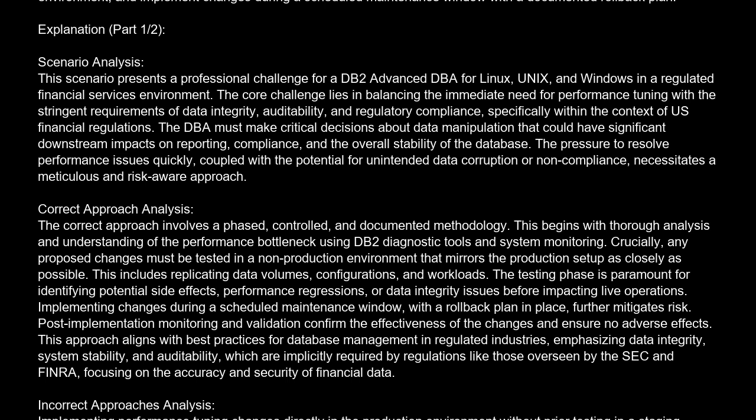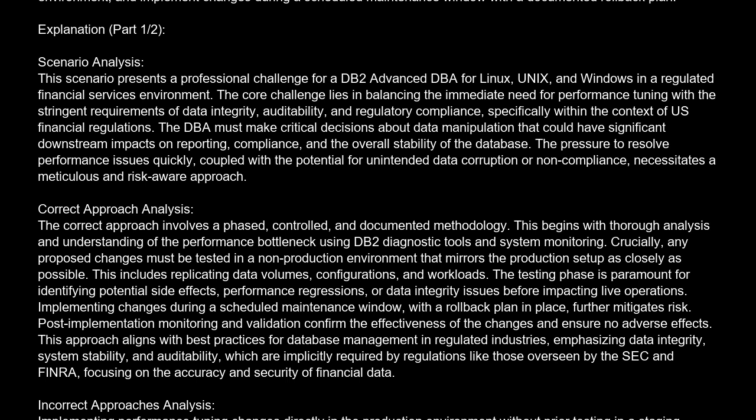The testing phase is paramount for identifying potential side effects, performance regressions, or data integrity issues before impacting live operations. Implementing changes during a scheduled maintenance window with a rollback plan in place further mitigates risk. Post-implementation monitoring and validation confirm the effectiveness of the changes and ensure no adverse effects. This approach aligns with best practices for database management in regulated industries, emphasizing data integrity, system stability, and auditability, which are implicitly required by regulations like those overseen by the SEC and FINRA, focusing on the accuracy and security of